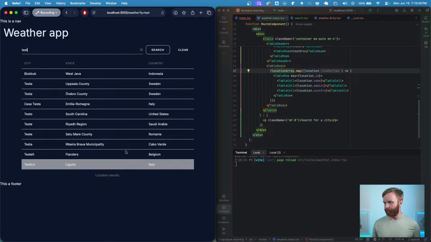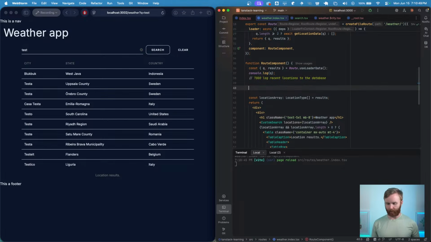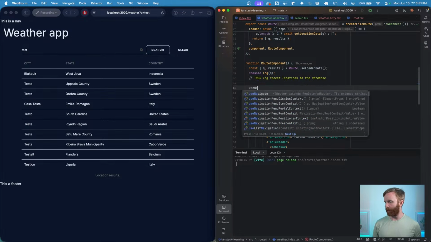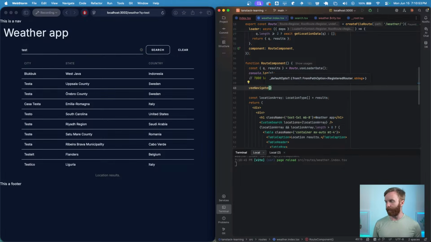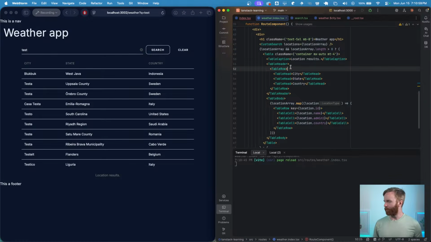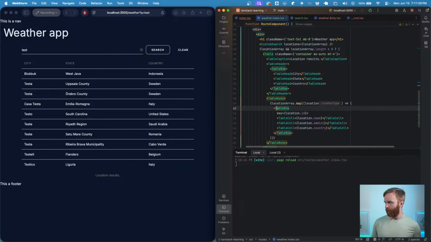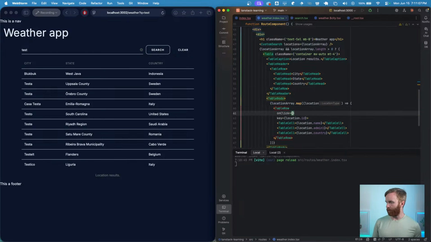Save that, everything should be fine, perfect. Now we're going to need to use navigate from React Router, and I'll store this in a constant called navigate. And then on the table row, that's for the table header, but for all of these table rows here, we're going to want to do an onClick, and then we're going to navigate to